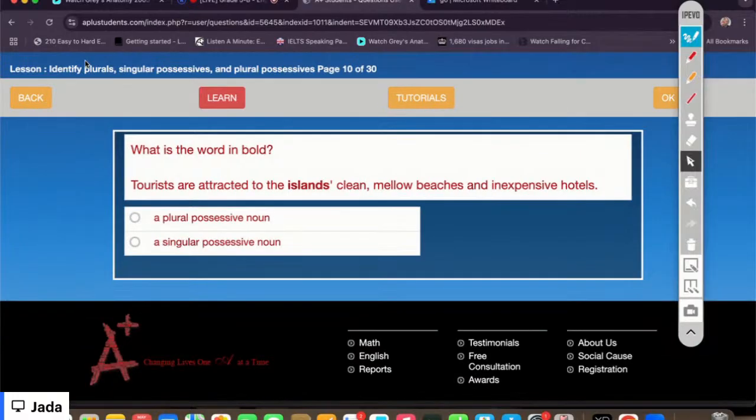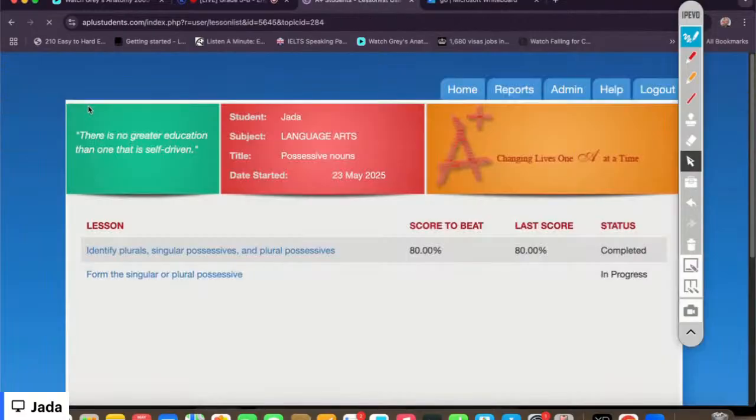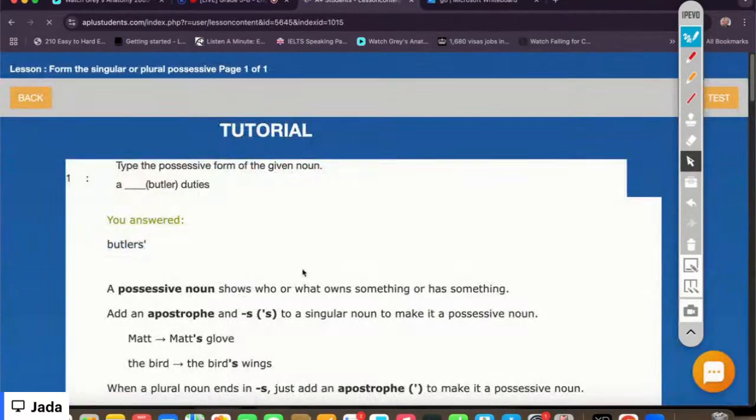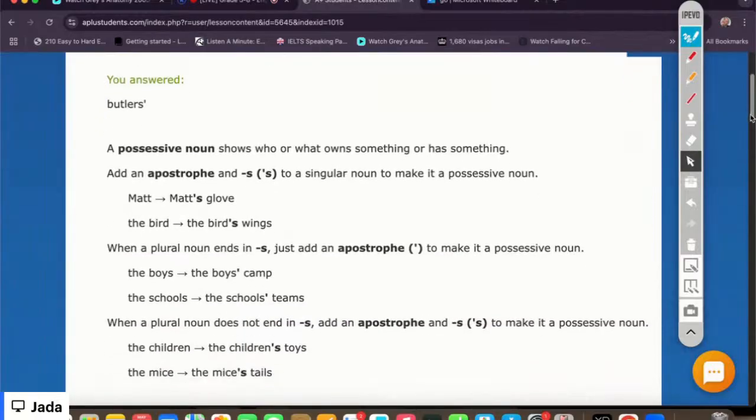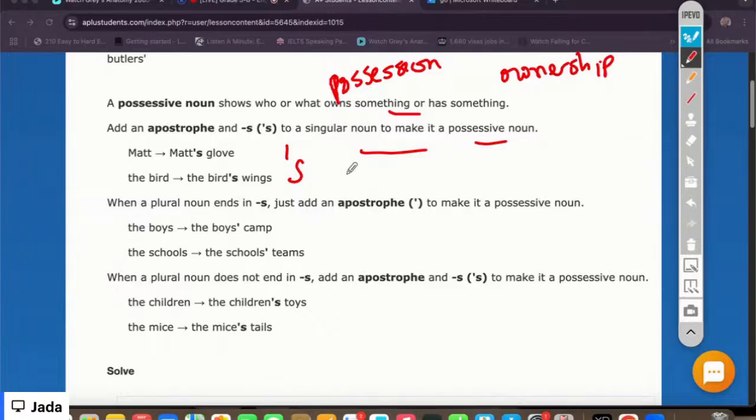We will move on to the next lesson, which is form the singular or plural possessive. So we have a possessive noun shows who or what owns something or has something, and we said that it shows possession and it also shows ownership, right? Okay, so now you're adding an apostrophe and then the s to a singular noun to make it a possessive noun,